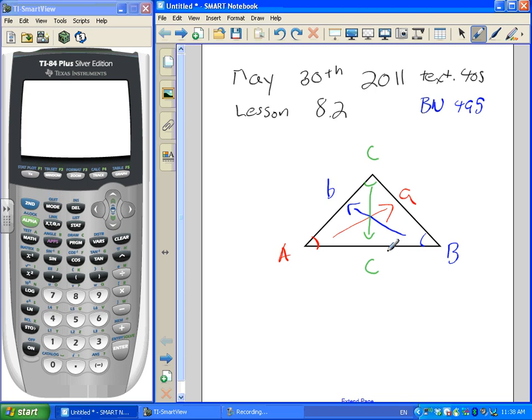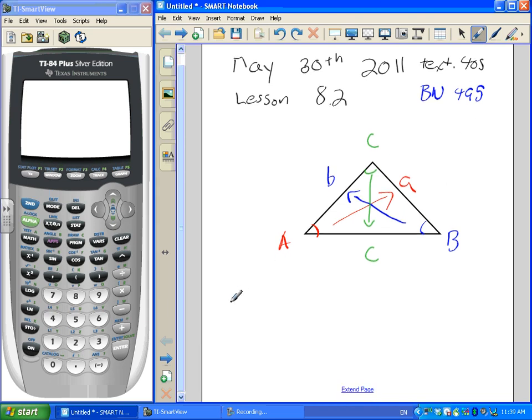Instead of showing you 3 different formulas for cosine law, as long as you can name and manipulate a triangle like this, you only need to memorize 1 formula. So essentially, I'm going to show you 1 formula today for cosine law. You need to be able to rename triangles to make them do what you want. So, that being said, cosine law states that